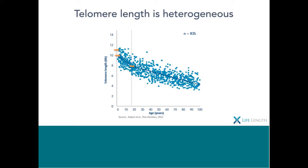lifestyle, inflammation, poor diet, all those things that we know lead to faster rates of aging. And he or she might be that person at 50 where you can see the dot with very, very short telomeres around 4 kilobases. And that person, because of all of these factors, has really exhausted their telomeres. That's led to a lot of chronic disease, heart disease, diabetes, potentially cancer, and that person at 50 has already